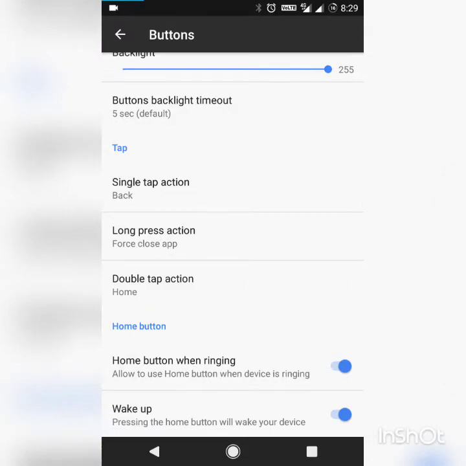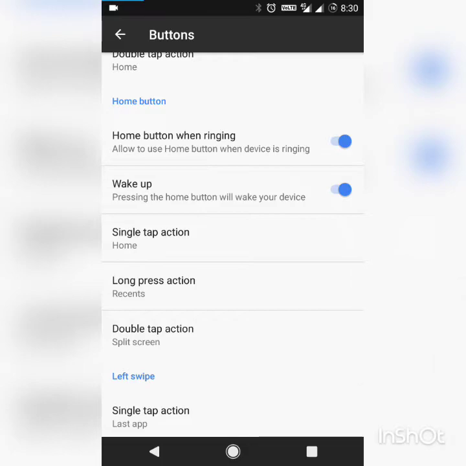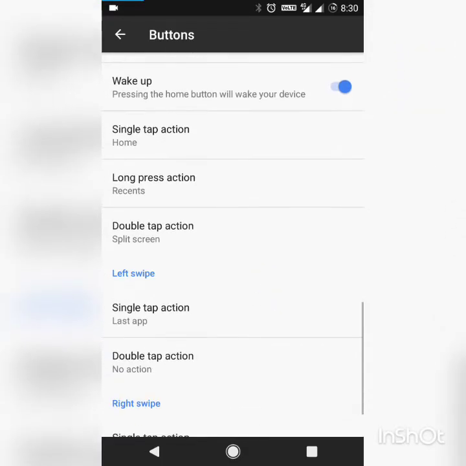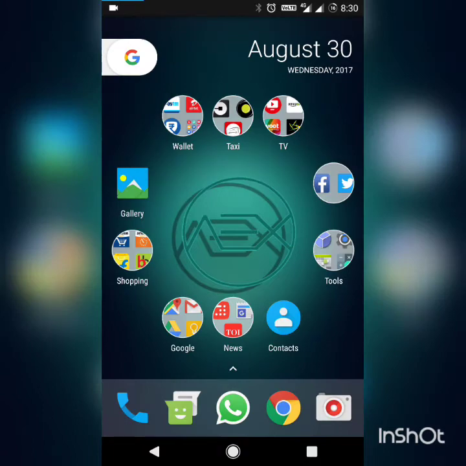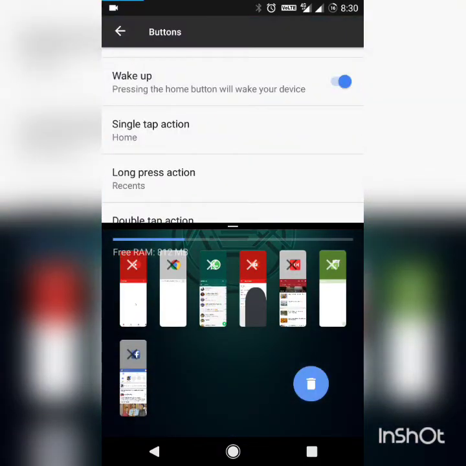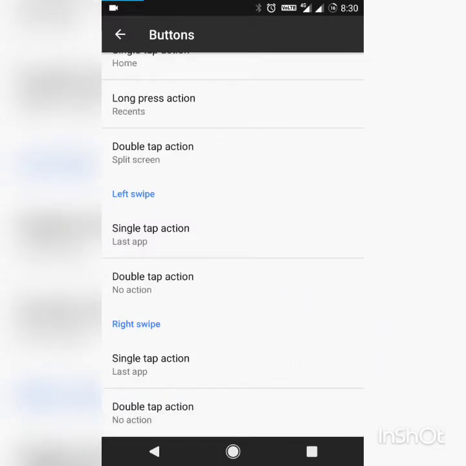Okay, and this one is also only for tap. What are the 3 options we have? Double tap, long press, and single tap, and the home button, that is pressing it. So we can also have the double tap, a long press, and all. So see, for double tap action, I have selected the split screen. Let me double tap it. See, the screen is getting split, so just double tap again to go to single screen,